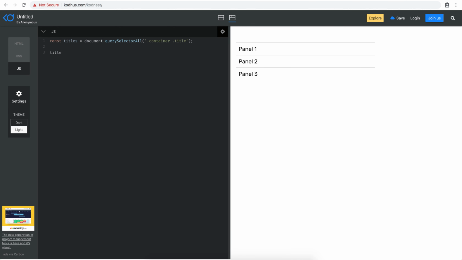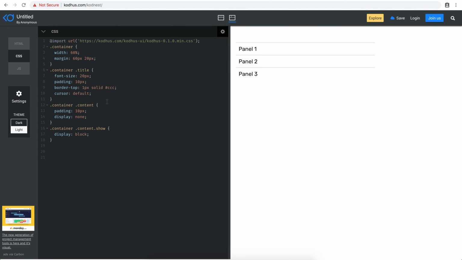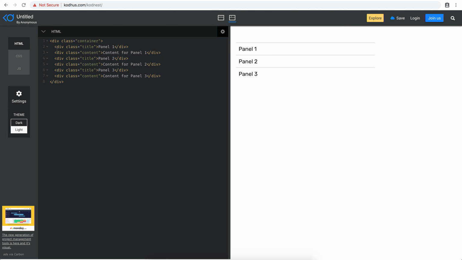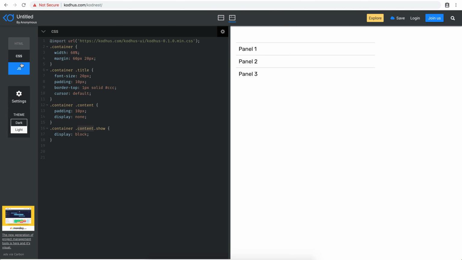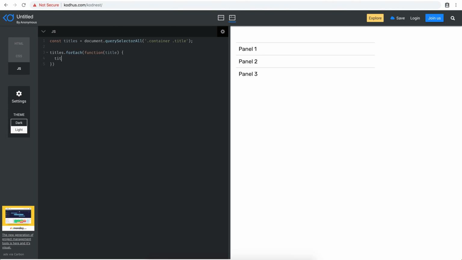Now what I'm going to do is, for each of those, pass a function, and inside that function I take the argument title. Now, when I click on one of these, I need to enable the show CSS class. I need to add that show class to the content right after it, because as you can see, we have title one and its content is the next sibling of it. So I'm going to say title dot nextElementSibling dot classList dot add